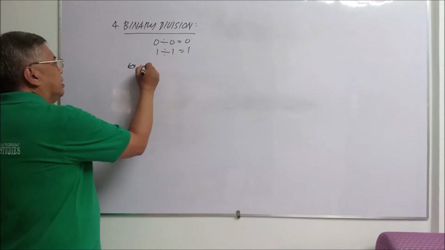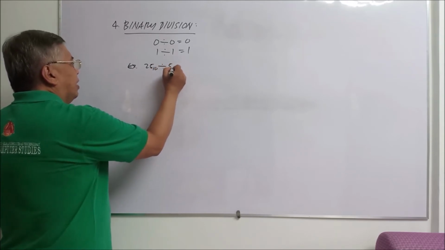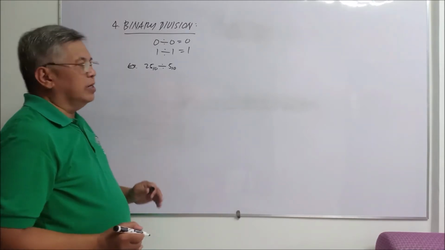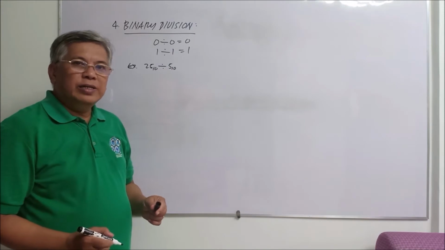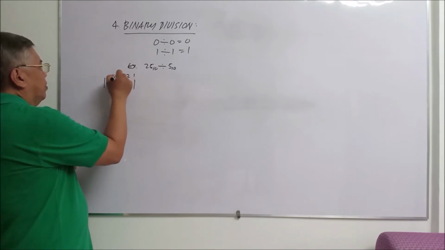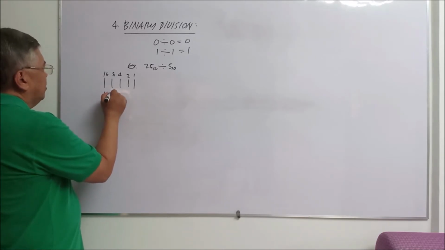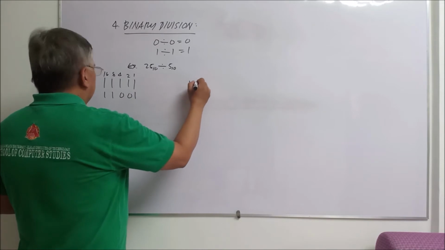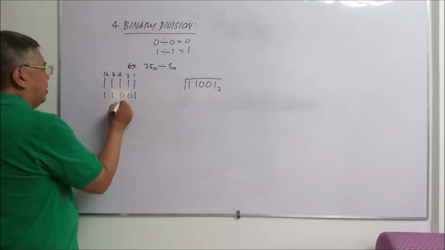Let's say we have a decimal number which is 25 of base 10. We want it divided by 5 of base 10. So we want to perform the binary division of these particular decimal numbers. So again, all we have to do is convert these decimal numbers into their binary equivalent. For 25, we have a series of 1, 2, 4, 8, 16. So for 25, you have 1, 1, 0, 0, 1 of base 2 divided by 5. What is 5? 1, 0, 1